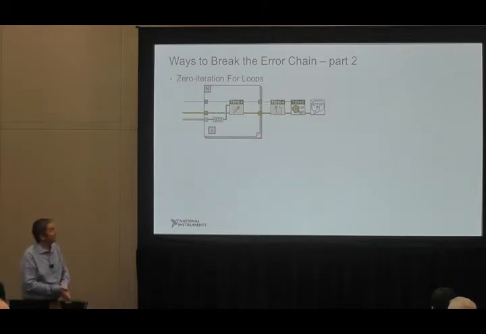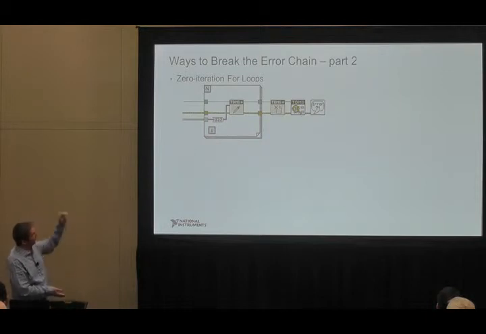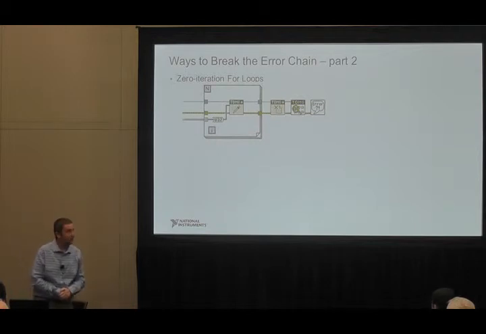This is one of my issues that I want to tell the world about, and that is zero iteration for loops. So here we have a for loop that's doing some TDMS stuff. And let's say there's an error coming in on that error wire to the for loop. Let's also say that that 2D array going into the for loop is empty. What that means is that the for loop is going to run 0 times. And what that means is that the error tunnel coming out of the for loop is going to have no